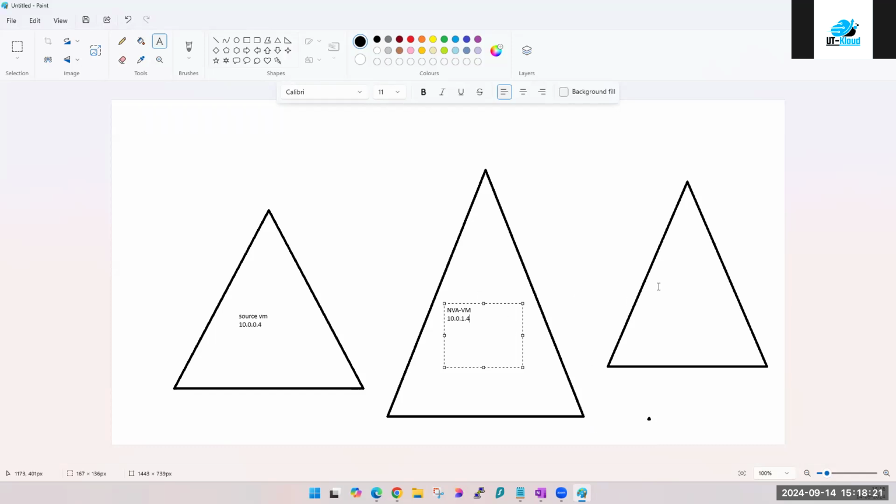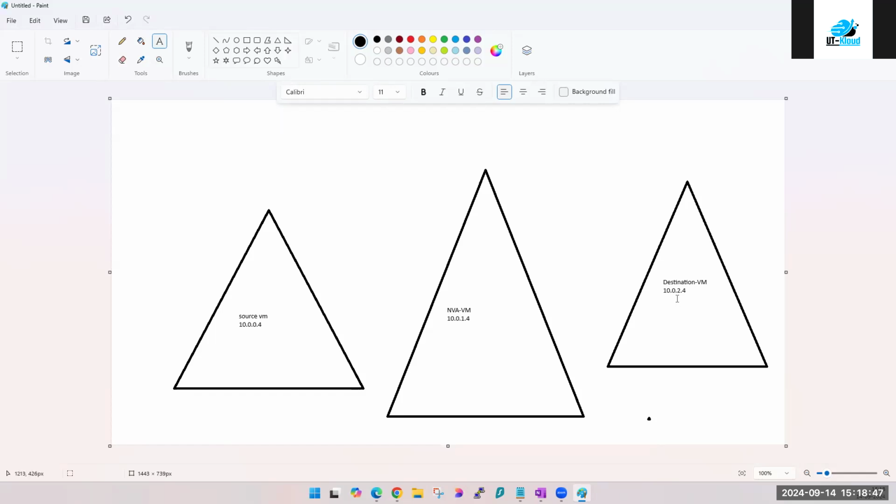This is the range we are using, but the first IP you will get is 4. This is going to be my destination VM. IP address is 10.0.2.4.